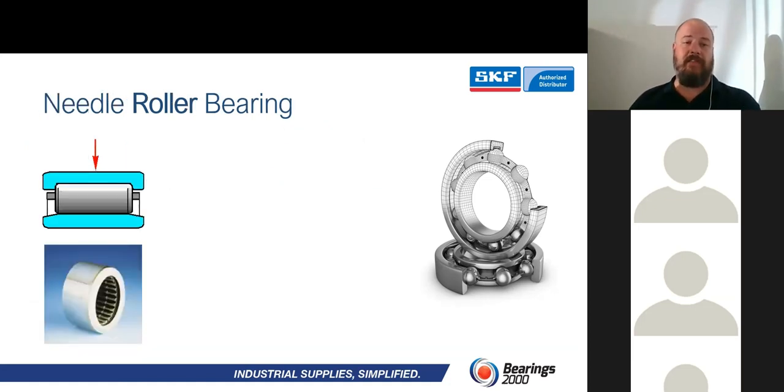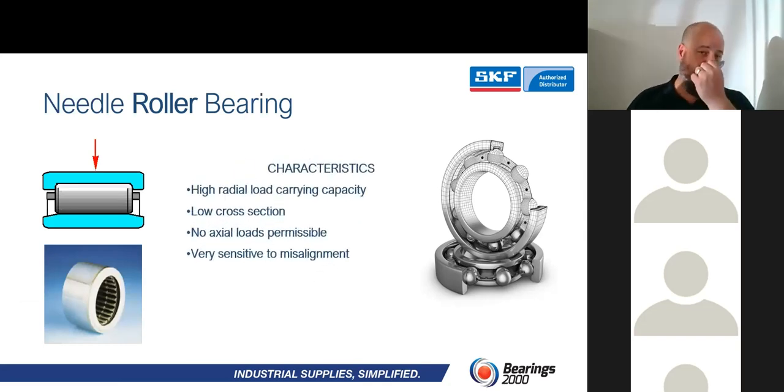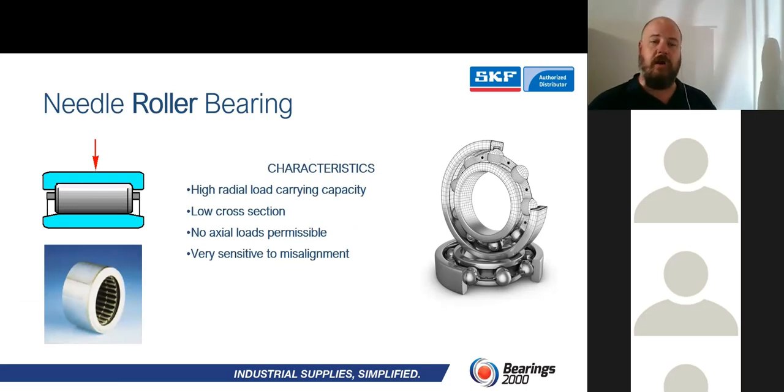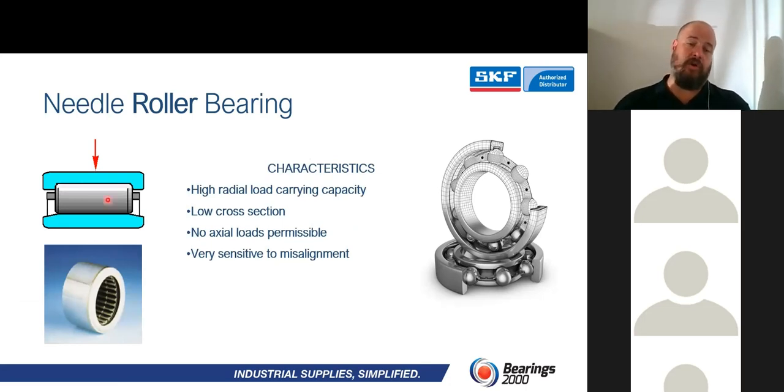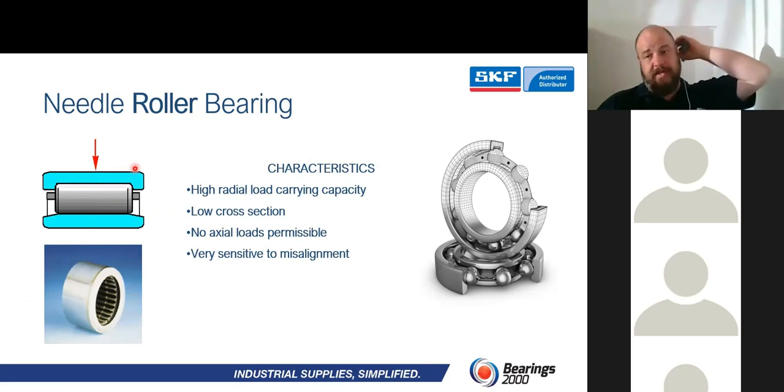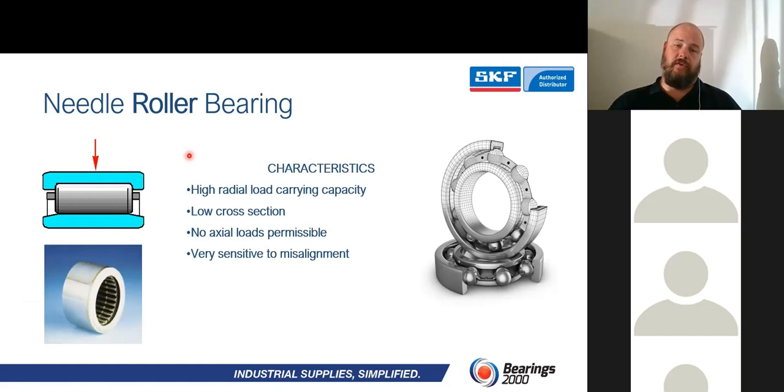Right, its little brother would then just be the needle roller. So basically same characteristics as the cylindrical roller. The only difference over here, of course, is we can have a low cross section, with that being a needle. So our ID and OD can be a lot closer to each other. And we've only got a red arrow over here, guys. No blue arrow. You don't want any actual loads on this unit. Okay.